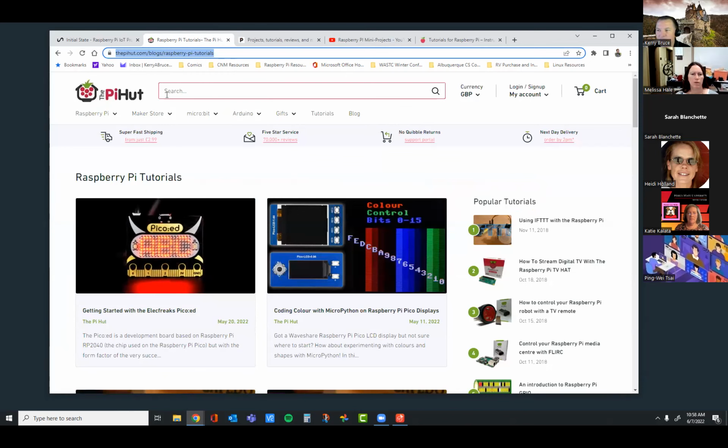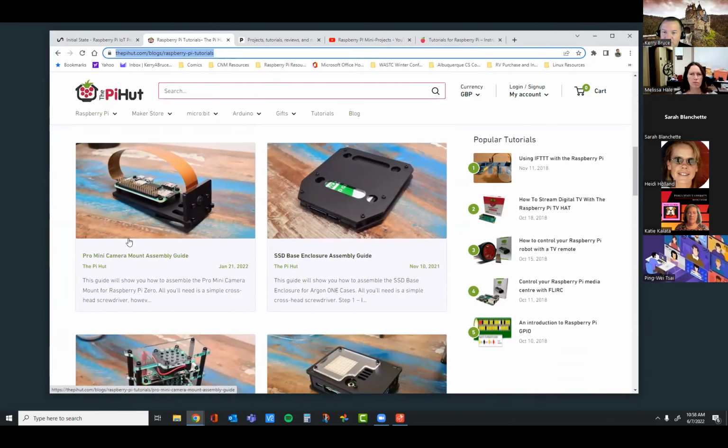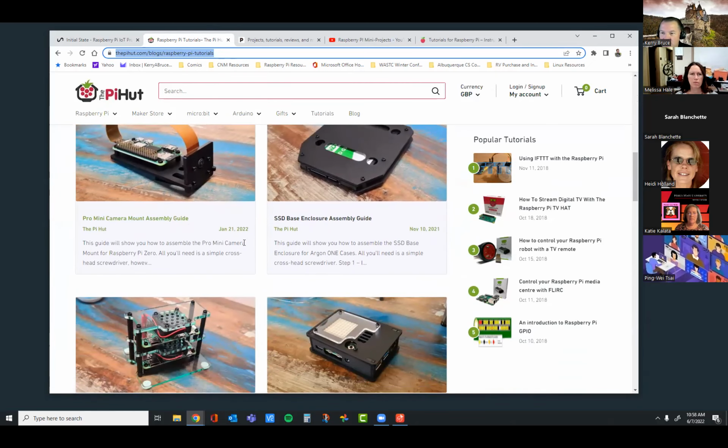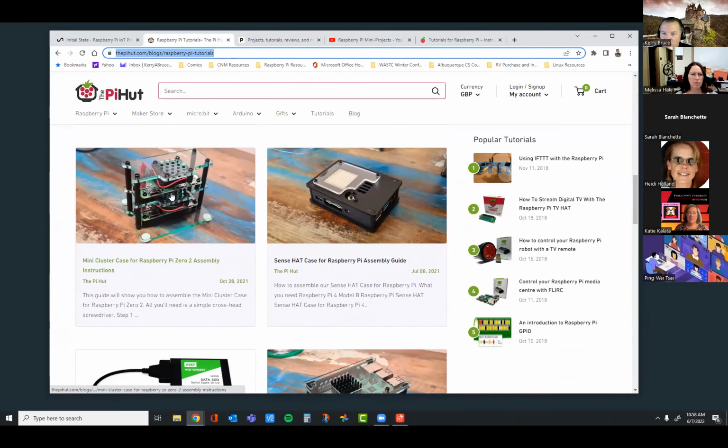Pi Hut and Pimoroni are two UK-based companies, and they build a lot of cool parts, right? Their tutorials, again like SparkFun, are going to be based on the products that they have. Here's a mini cluster using Zeros.